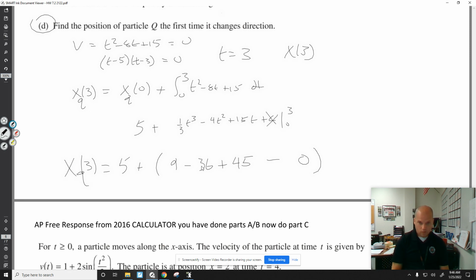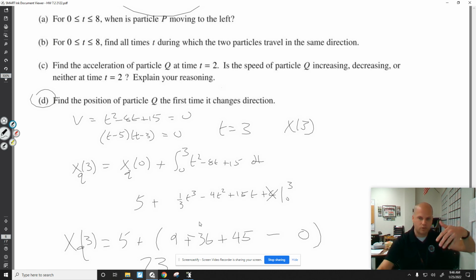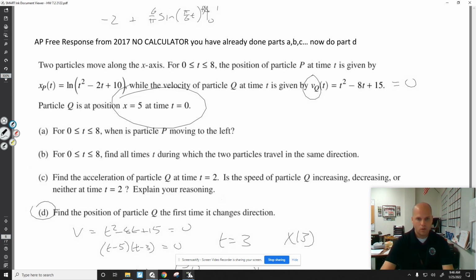If you wanted to have some fun with it, this is going to be 9 plus 9, which is 18. 18 plus 5, which is 23. Okay? Now let's check quickly. Let's say we do have our calculator and there's a homework question. We just want to make sure our answer is correct. It's good to do that. Well,